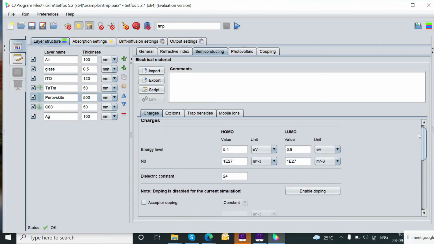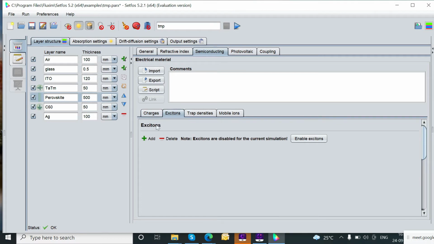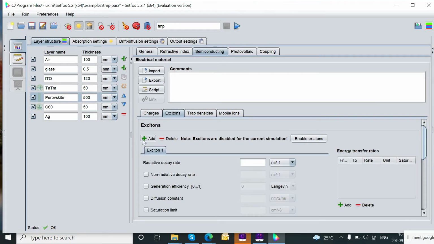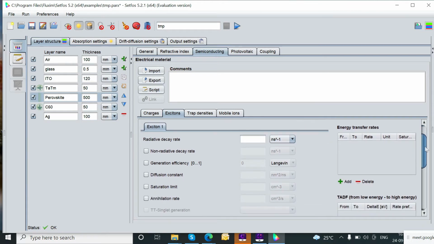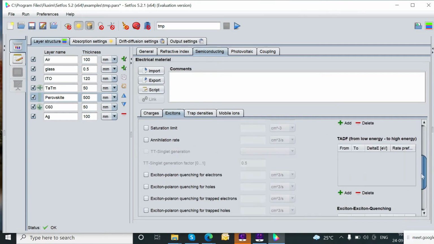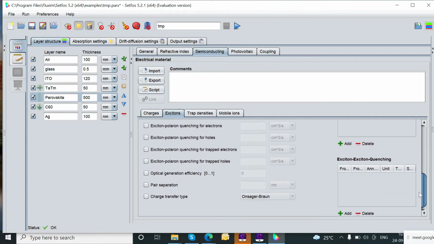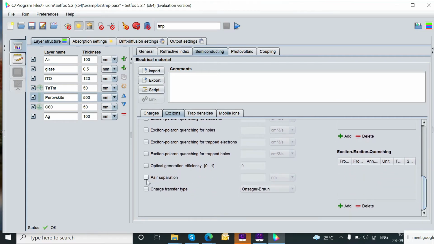Similarly for extended Gaussian disorder, correlated disorder, and constant mobility models. So I can define the mobility of my electrons and holes. Suppose the mobility of my electron is equal to 0.01, that is centimeter square per volt second. And here also I can define 1 centimeter square per volt second.